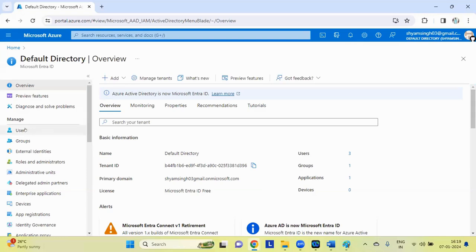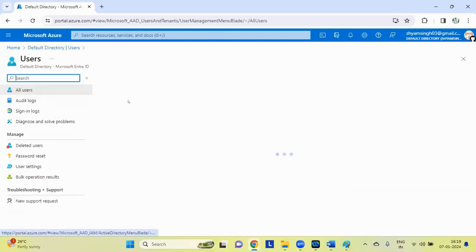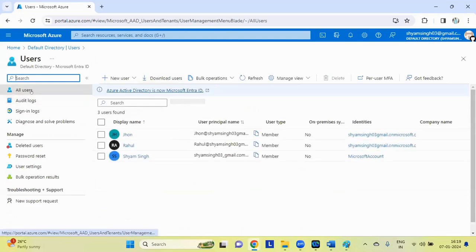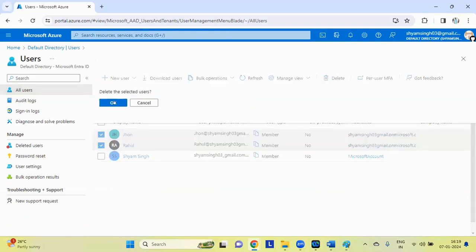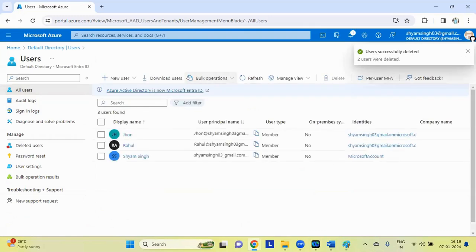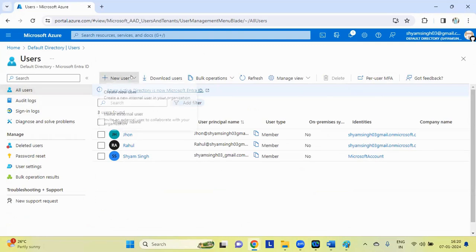So let me tell you how to add the users. So click on the left hand side, click on users, or just first of all, let me delete all these users. Okay. So you can see this is the dashboard of the directory. And here, this plus new user is used for creating a new user or inviting an external user.